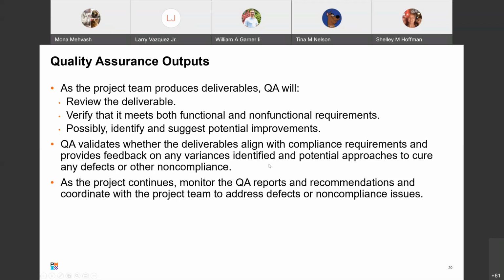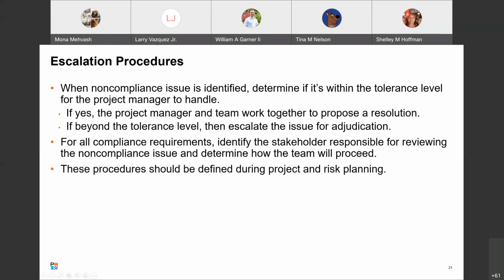Where am I at? Escalation procedures. When a non-compliant issue is identified, the next step is to determine whether it is within or outside the tolerance level of the project manager. If it's within the permitted tolerances, the project manager can work directly with the team to propose changes to resolve the variance. If the non-compliant issue exceeds the tolerance, the issue must be escalated for resolution.